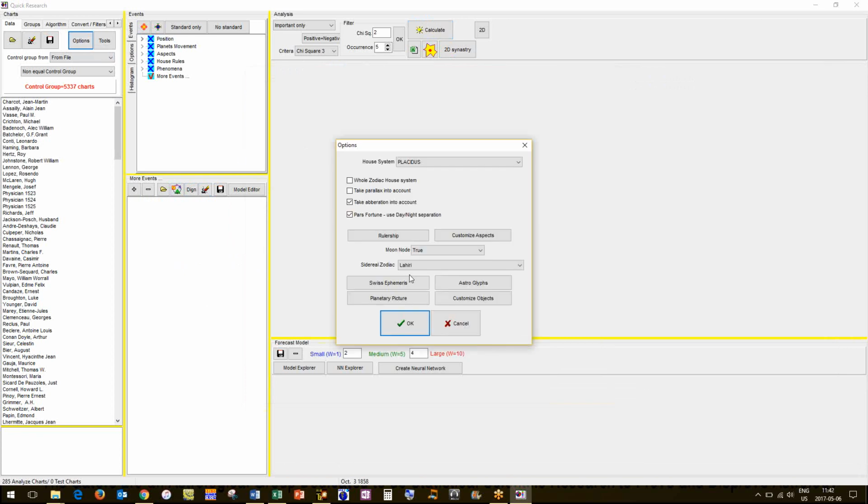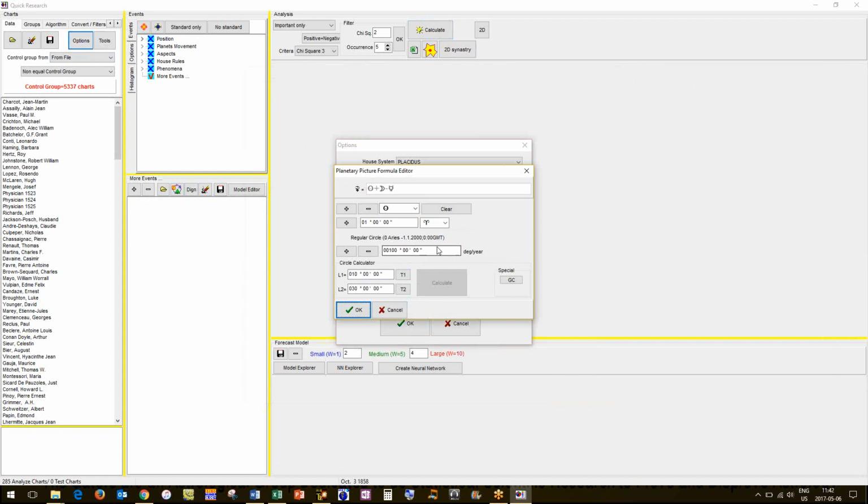Planetary picture. Okay, let's say you're doing the part of fortune. You could set up part of Cancer, part of all your Arabic parts. If you've got custom ones, you could set up your own planetary picture here. So you do it by, let's clear that. So you could do the Sun minus Saturn.